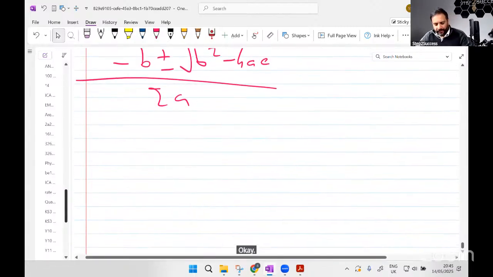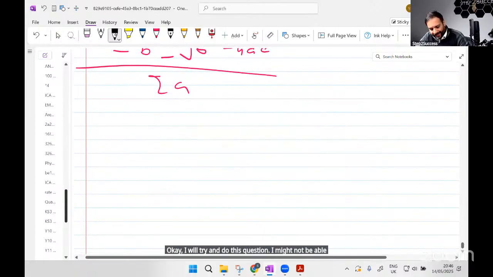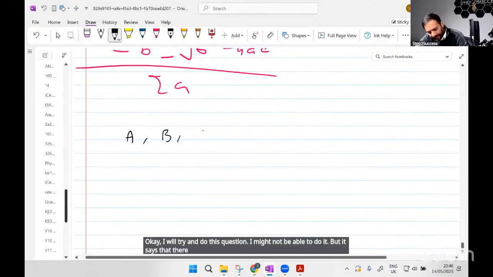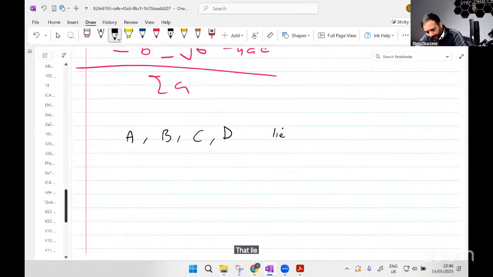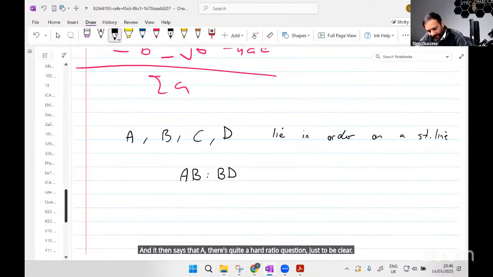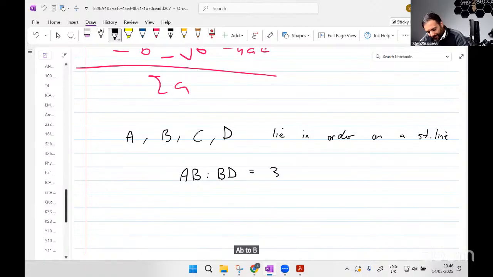Okay, I will try and do this question. I might not be able to do it, but it says that there's some points A, B, C, and D that lie in order on a straight line. And it then says, this is quite a hard ratio question, just to be clear, AB to BD is 3 to 5,